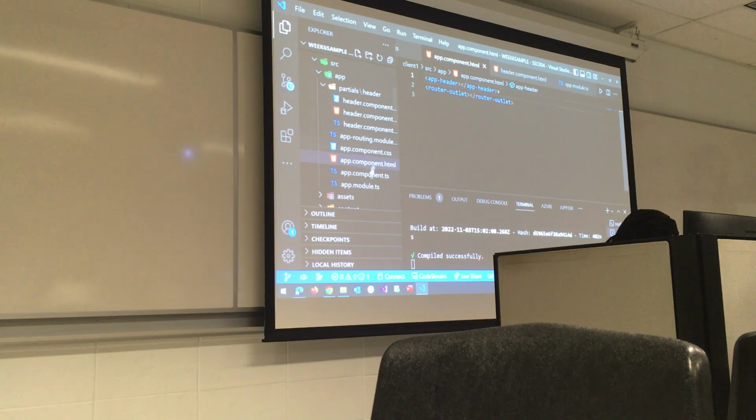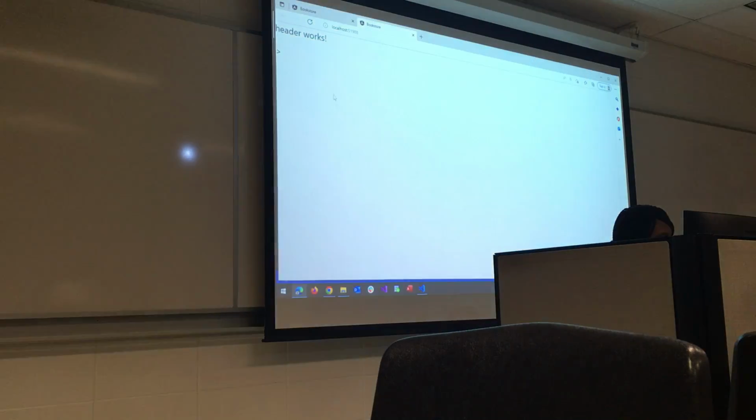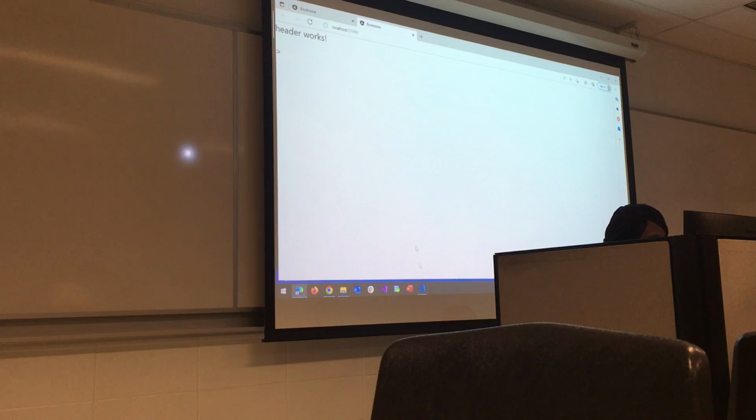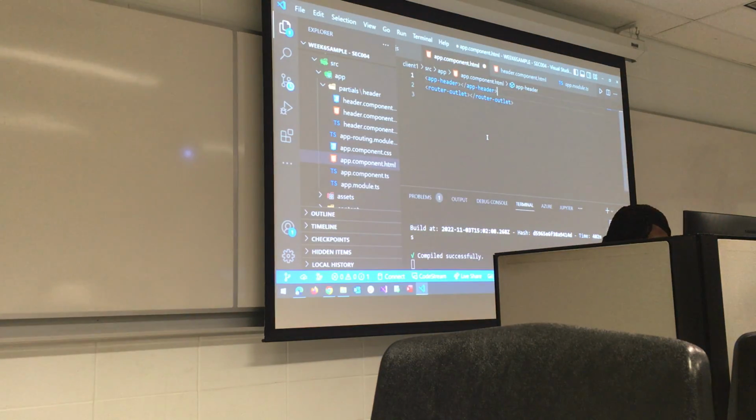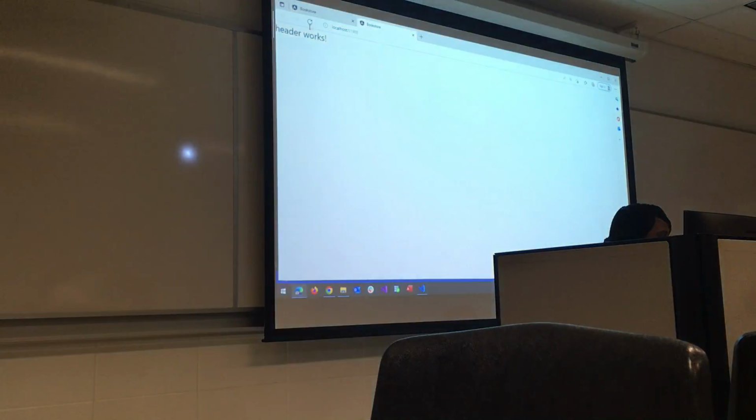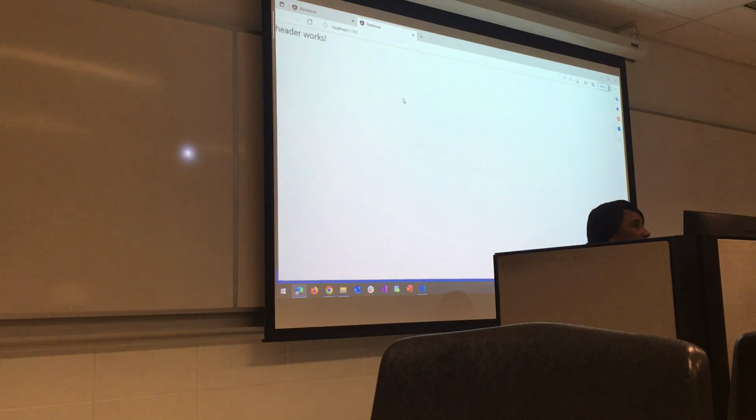So save it. If you go back to the browser window, so you see app works. Okay, there is an error. I think I left one out. So this shows you what will appear on the header. We are still going to change it to our nav bar, right? So we just want to be sure it's working, right? Okay, so if you refresh, you will see it says header works, so we will still replace it with our nav bar, right? So we're going to add the footer as well. We'll just create the footer, then we'll go ahead and use Bootstrap to bring in the nav bar, right?